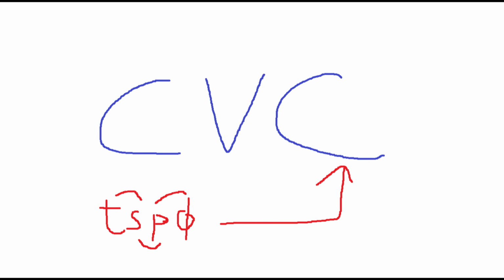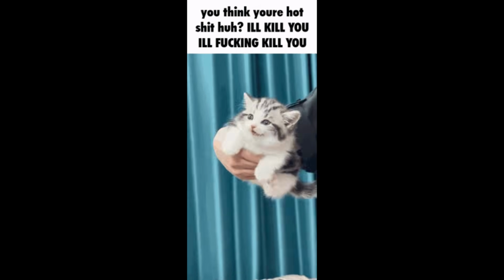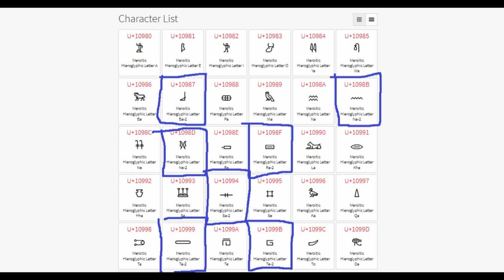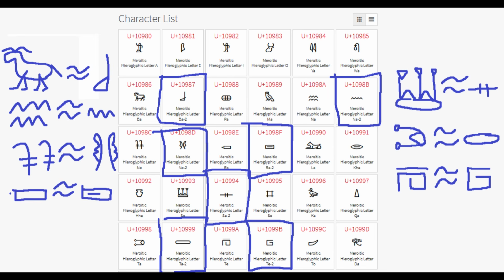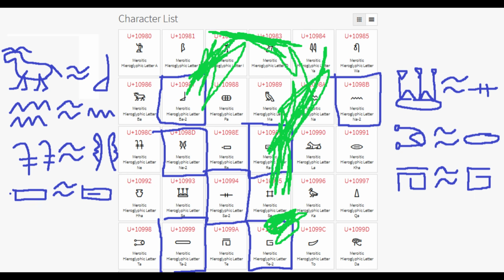Now, the sound is restricted to the coda position, which means that you can technically analyze it as an allophone of P, but if you do that, I'll kill you. Anyways, there's also this group of characters that had a 2 next to them. I assume they're like graphical variants that were sometimes found on some inscriptions. And for some time I didn't really know what to do with these. Do I ignore them? Do I use them in conjunction with the base characters?